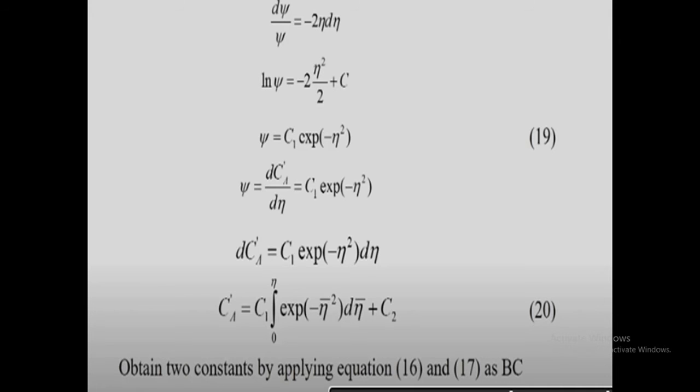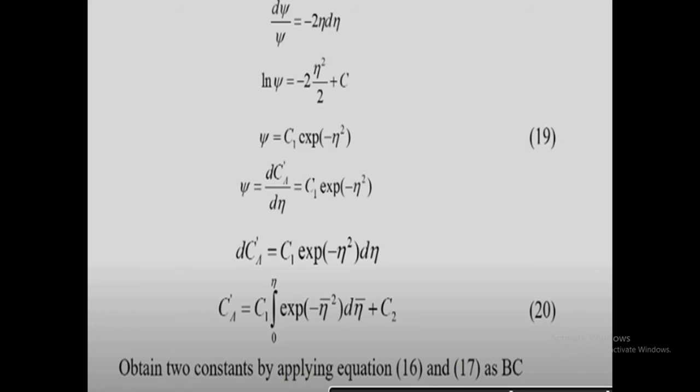From this we want to get the psi value. What do you do here? Take the exponential. Exponential means ln cancels on the LHS. Finally we get the psi value only. Psi is equal to, the 2s are cancelled on the RHS, finally e power minus eta squared plus c. The e power minus eta squared plus c means the plus in the power is a multiplication factor: e power minus eta squared into e power c. E power c is a constant c1. Okay, that is the constant. Exponential of minus eta square.